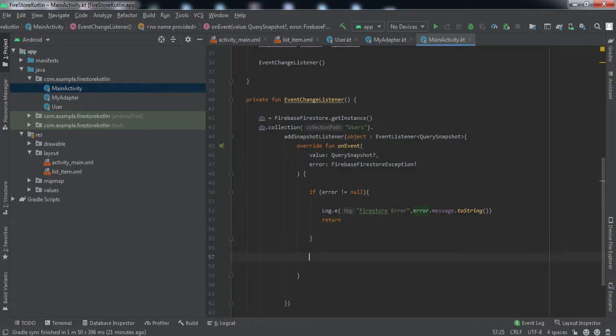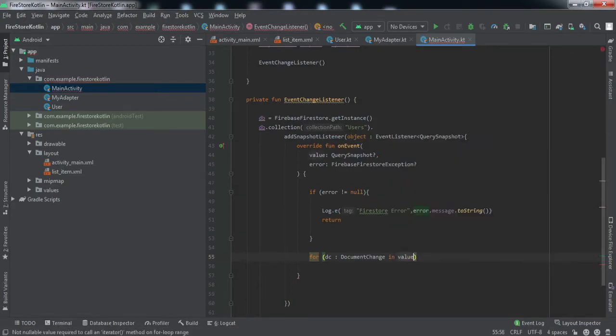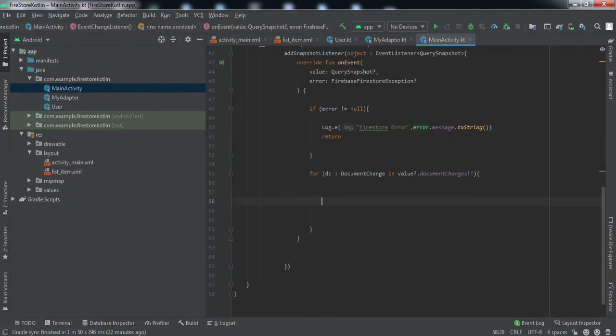Now if there is no error, we'll use a for loop to loop through all the documents. So DocumentChange dc in value. Now we'll check if the document is added, right?